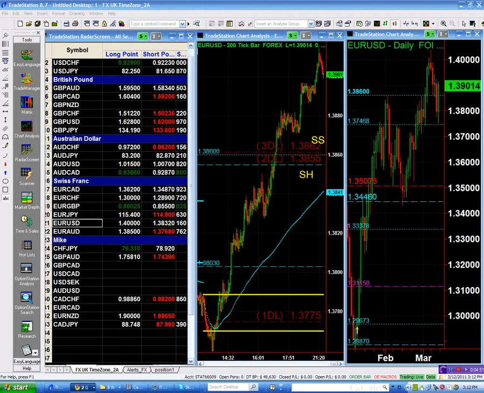This is a pattern that has to prove itself. It has to prove that this is going to be a bona fide upward move. And the reason I'm saying it has to prove itself, look at this, Barbara, look at the Euro